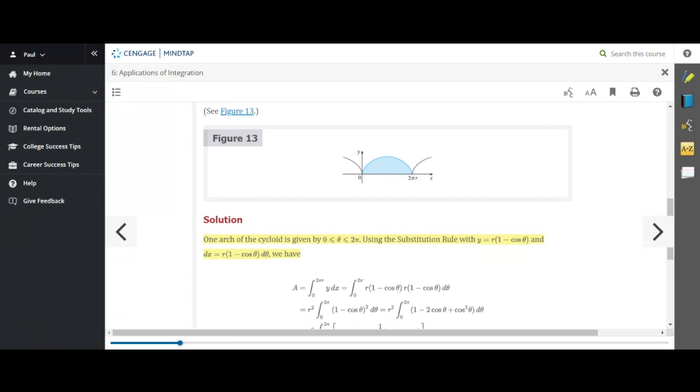The y there is r times 1 minus cosine theta. And yes, Samuel, how exactly do you graph that? Well, if you put your calculator in parametric mode, and you have to have like